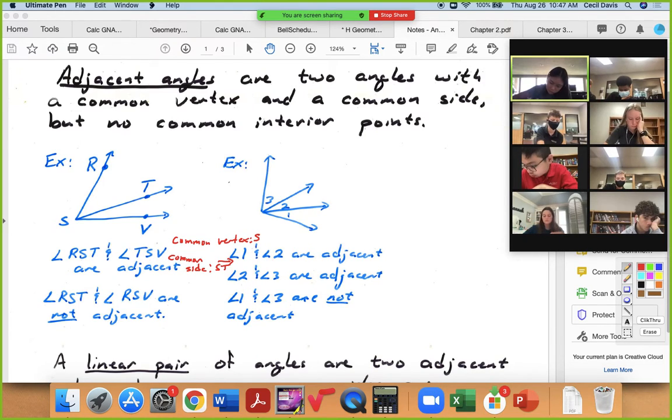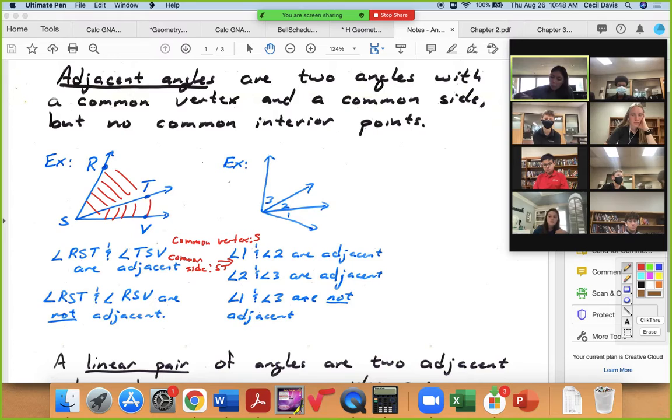And the business about no common interior points is this. If I shade in, you don't need to do this because it's going to make a mess. But if you shade in the interior of RST and you shade in the interior of TSV, there's no overlap between those two. Okay? If you're adjacent to someone in the cafeteria, they're sitting beside you, not sitting in your lap. Okay? Now,